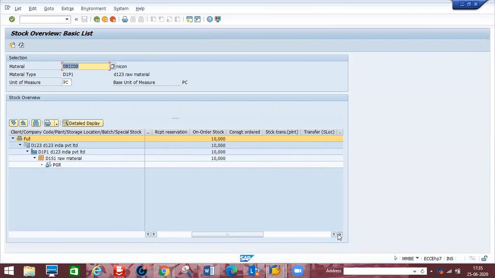If any stock transfer is there from one plant to another plant, you will come to know here. Or if any blocked stock is there, you will come to know here. For any scheduled delivery, so that kind of everything we will come to know here. So in MMBE stock overview, if we see in MM02 with these materials,